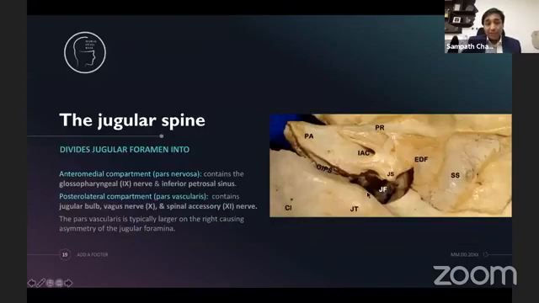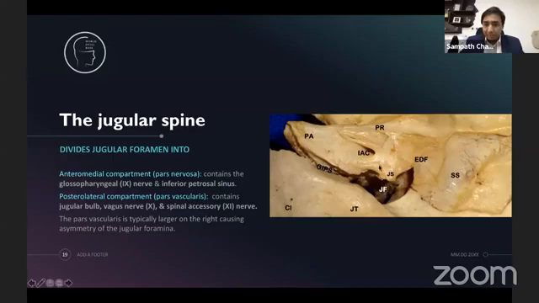Now, again, where were we? We were here. The third aspect that we have to cover is the jugular spine. The jugular spine is important more from a neural preservation point of view, not from a tumor resection or approach point of view. An approach is to lead you to the tumor. It's a pathway. The wider the approach, the better it is for you in terms of control, dissection, and visibility. But the jugular spine, which is a small structure here, is important to identify for a couple of reasons. I'll talk more about it.